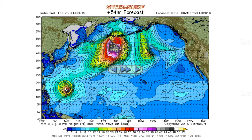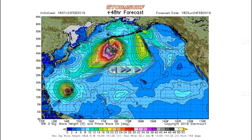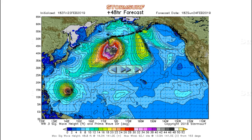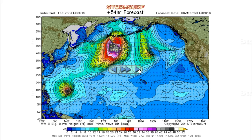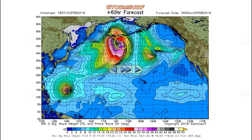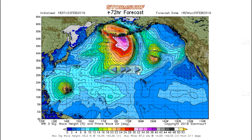Oh, wait, that's associated with this guy, and that's not right. So, what do we got? Oh, we're just eyeballing this here. Maybe 46, 47-foot seas. About 47-foot seas on the dateline, aim east. That will definitely create swell, pushing both towards Hawaii and the U.S. West Coast. The real issue, and more, look at that. And it actually sort of regenerates back to, say, 47, maybe 48 feet on Sunday night,